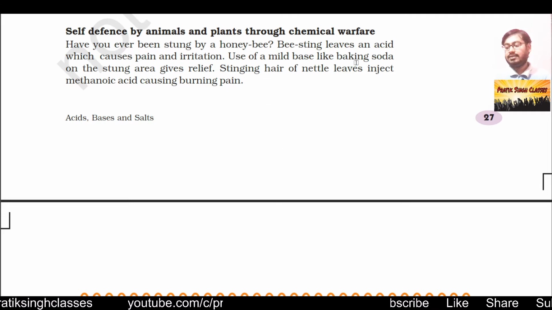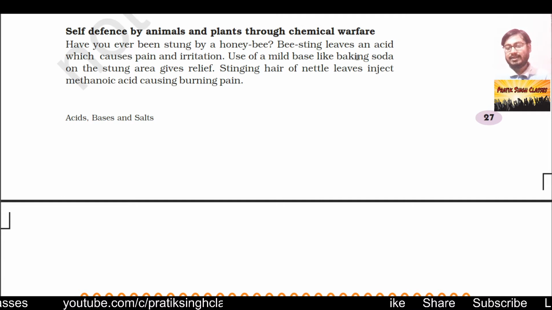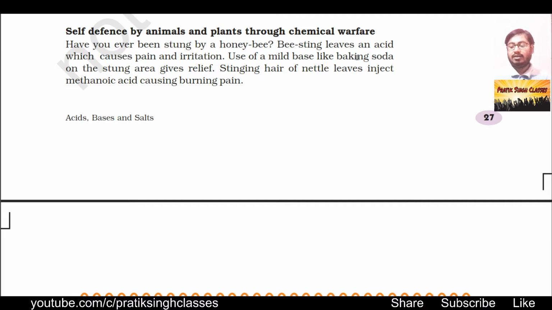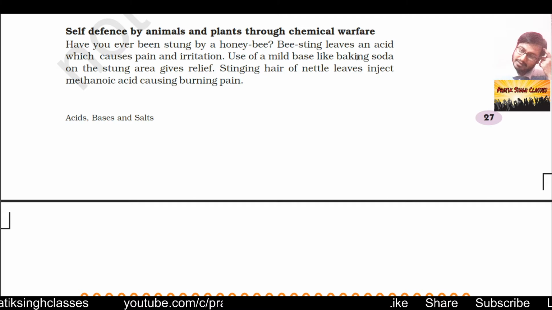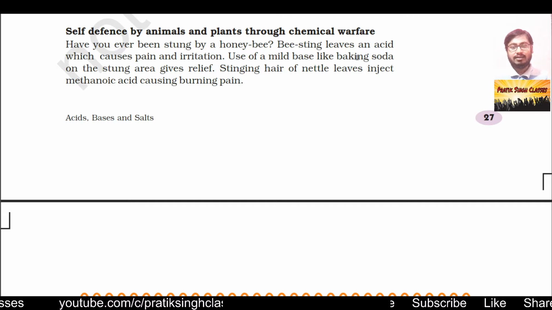These days a lot of war is happening around the world, like India, Pakistan, India, China. I am recording this video today, on 30th September 2020, and today Armenia and Azerbaijan are fighting with each other because of some land, and Turkey and Russia are involved there. So we are not going into those geopolitical warfare. Here we will study how plants and animals can do self-defense using chemical warfare.